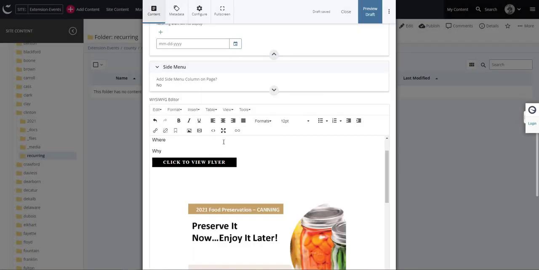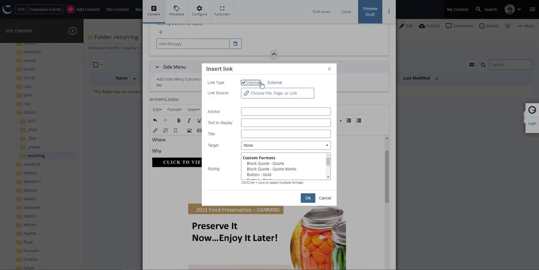If you are wanting to add an external link to your WYSIWYG editor, such as a link for somebody to sign up, you can select Insert Edit Link and then choose External along with the link source that you are going to be adding right here. Again, you will adjust the text to display, such as click to enroll now, and then in styling you can choose the 3 buttons or keep it as a hyperlink.